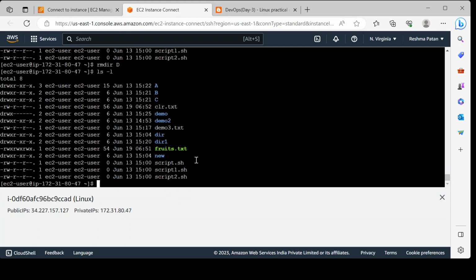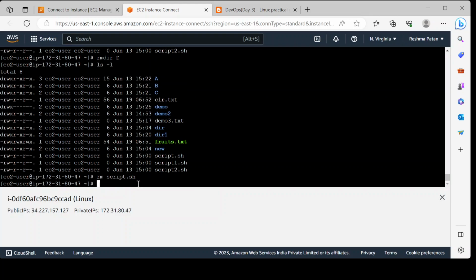And now I want to remove the file. I want to remove the script.sh. Here you can find the difference between the file and directory from here. If you see it here, and the coloring representation also. But if you see here, if it is starting with a d, then it is a directory, and if it is not starting with a d, then it's a file. Here I am removing the script.sh file. You can see it here,